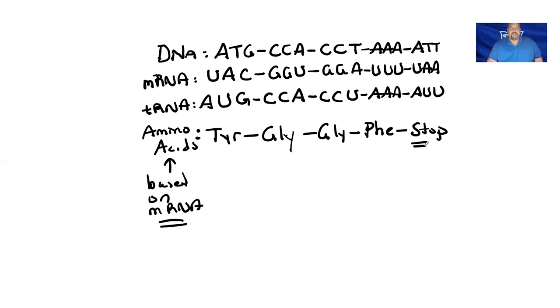And again, the key in terms of determining the amino acid sequence was that I used the messenger RNA. Right? So don't use the transfer RNA, use the messenger RNA. And again, you'll have a copy of the genetic code, so you'll be able to use that to figure out the amino acids, and the three-letter abbreviations are perfectly fine. All right. So I hope these couple of problems help, and I wish everybody